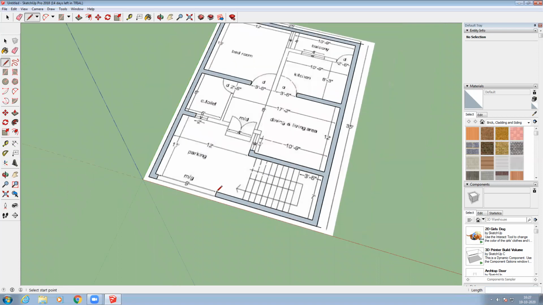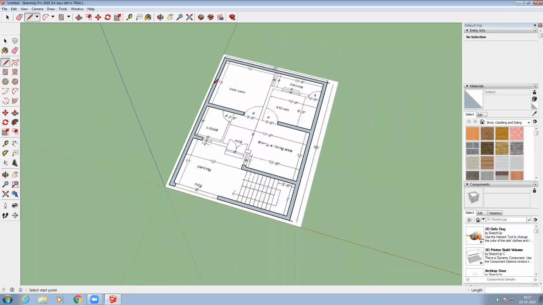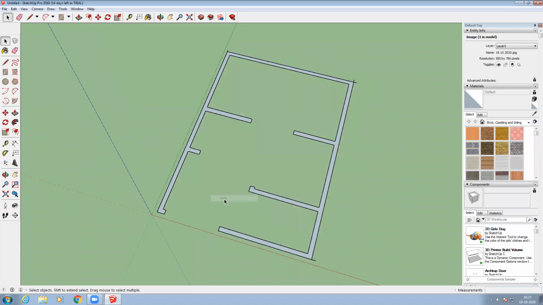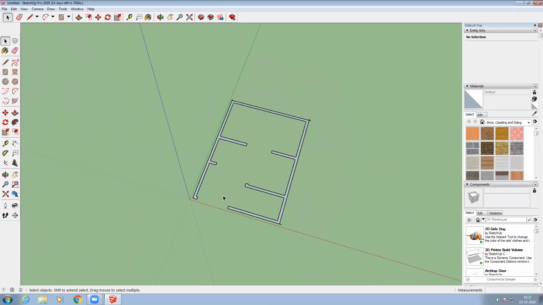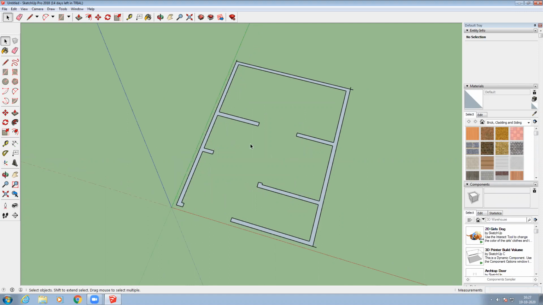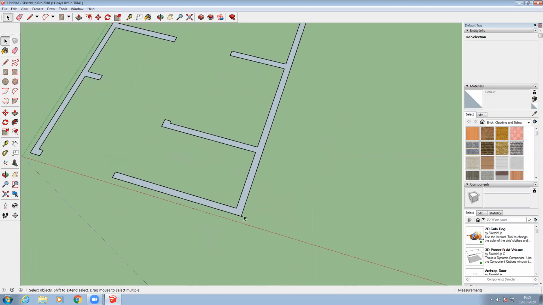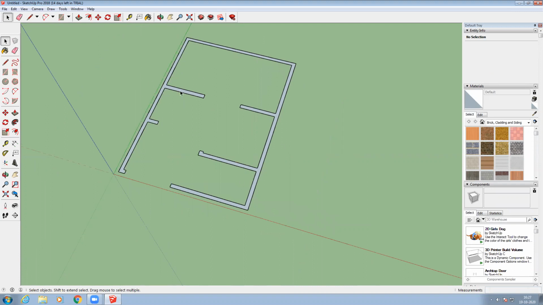So when I end it, right, you can see the wall thickness. For that particular wall, if you want to see, what you have to do is hide the figure, the image you copied, right, and you can see only the wall thickness you got, right? And here the extra lines we had taken during that scale conversion, that extra line I'm going to erase. You can see now the whole wall, whatever it was.